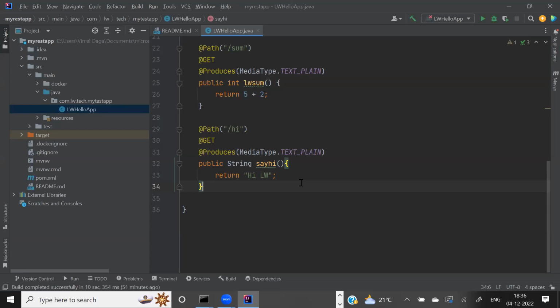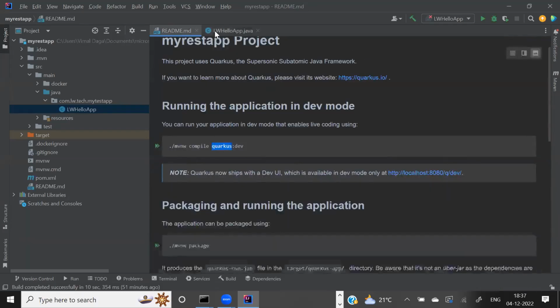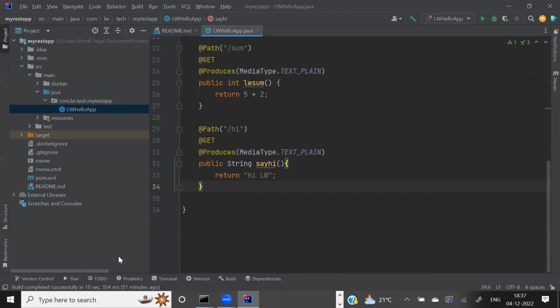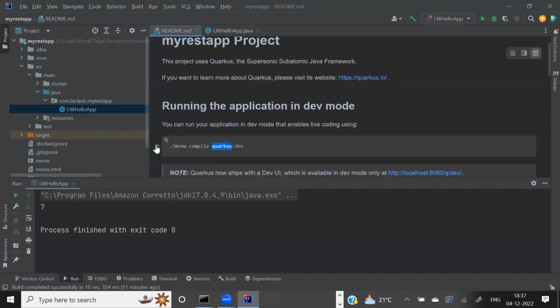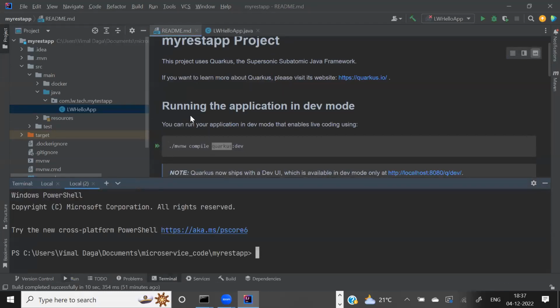Let's run this and we'll see some more things. My project is running here. Maybe we can run it by readme again. Actually, it was already running.